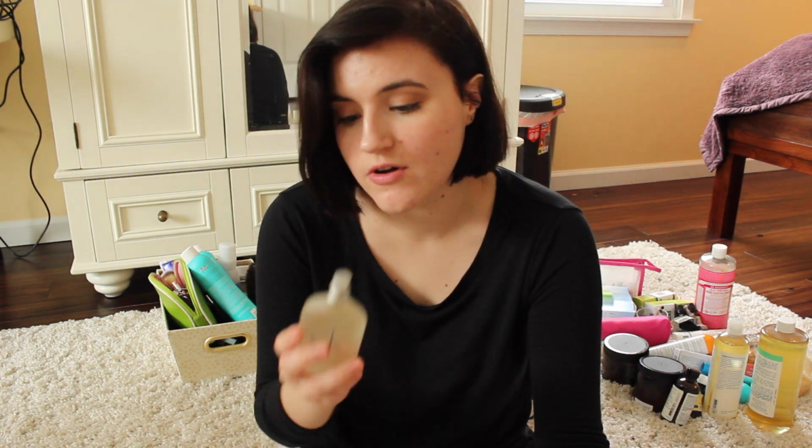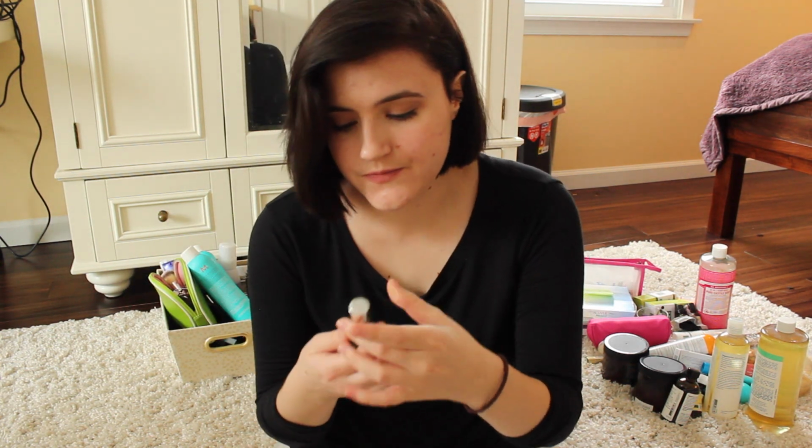Also, this is Calvin Klein, the one, or just one. I used to wear this all the time in high school, but since I just haven't reached for it. This is a little